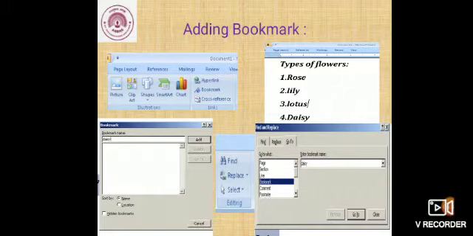Can you see the third window? Yes, there you will type daisy. Now under sort by, ensure that the name option is selected. Can you see the option sort by? There you have name and location. So there you are going to select name. Okay. Now click the add button. The bookmark gets added.